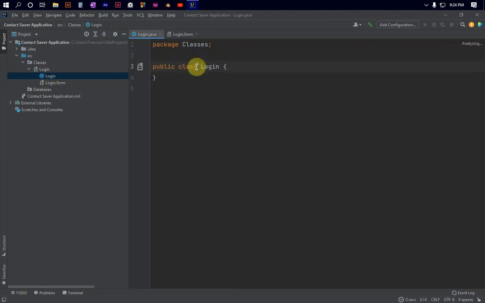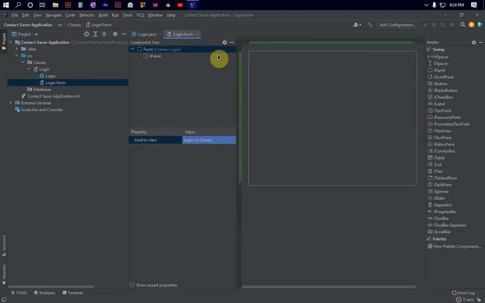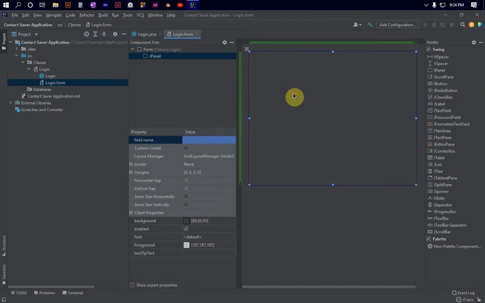The class is in here, and then it has got the form in here. So what we need in this form, maybe let's just put in a panel. Do we already have a panel in here? I think we do have a panel. This one is the container panel, but then you can just have another panel